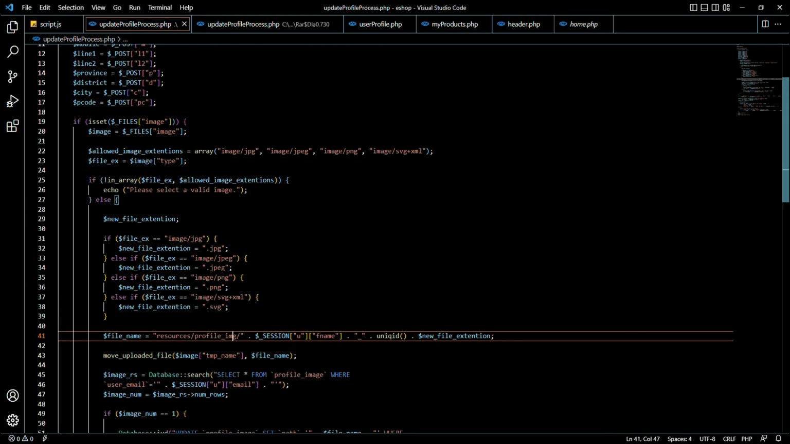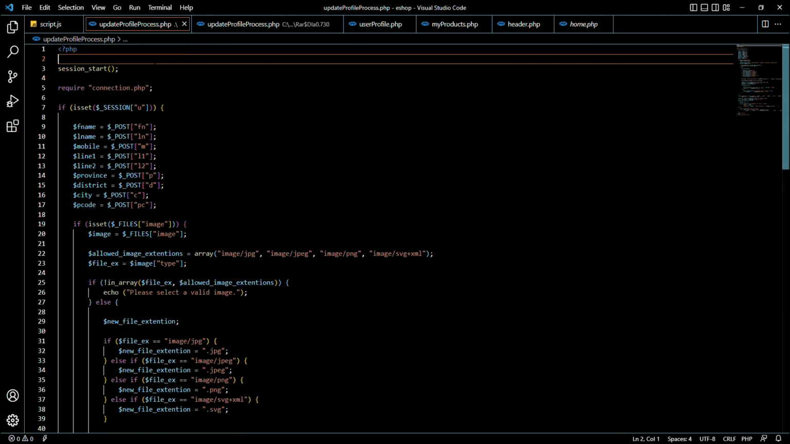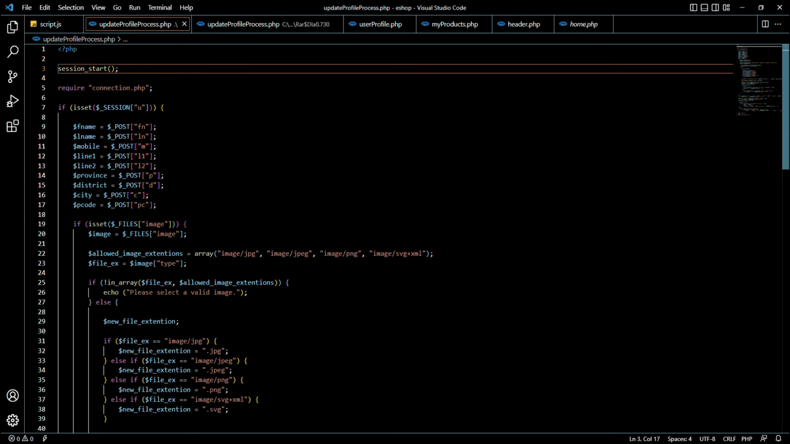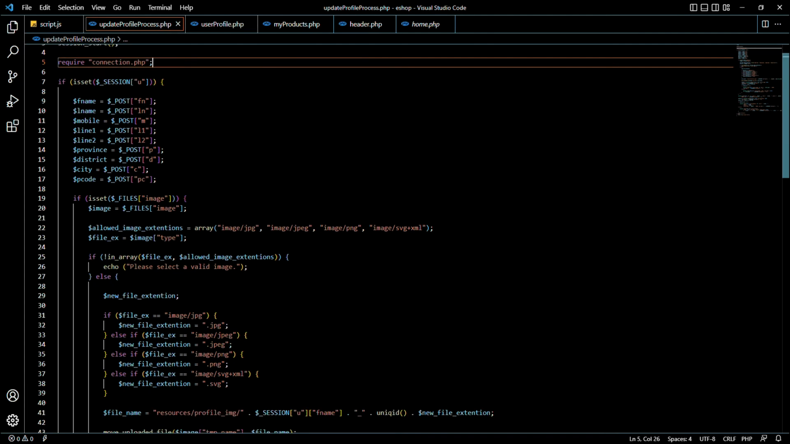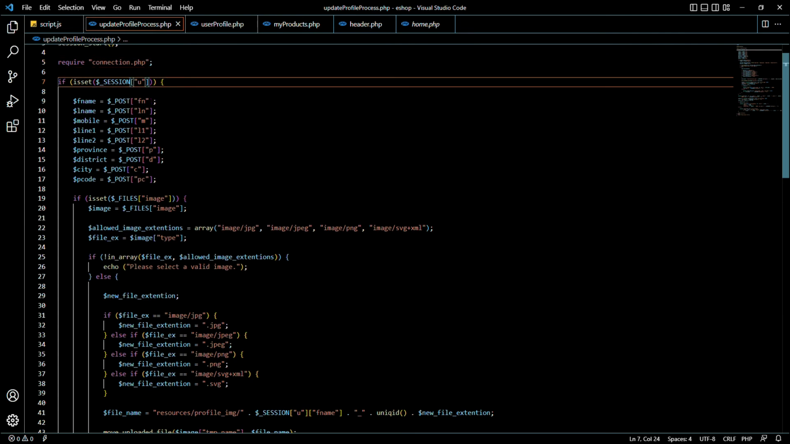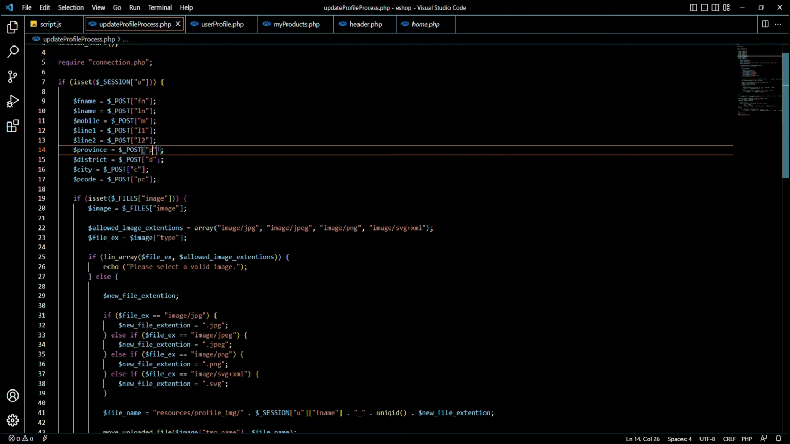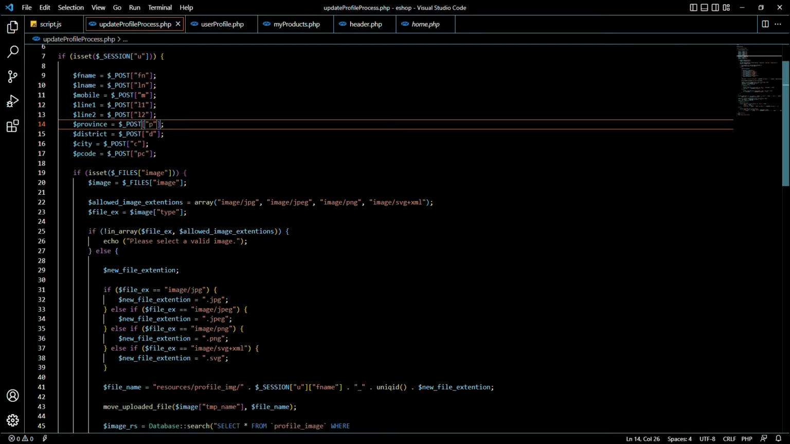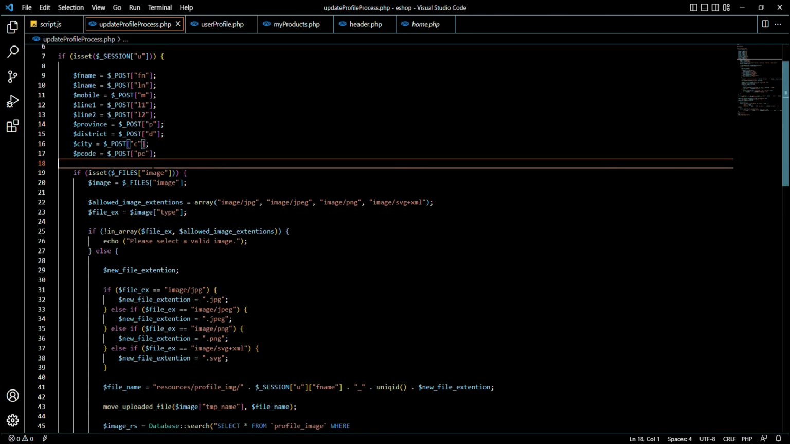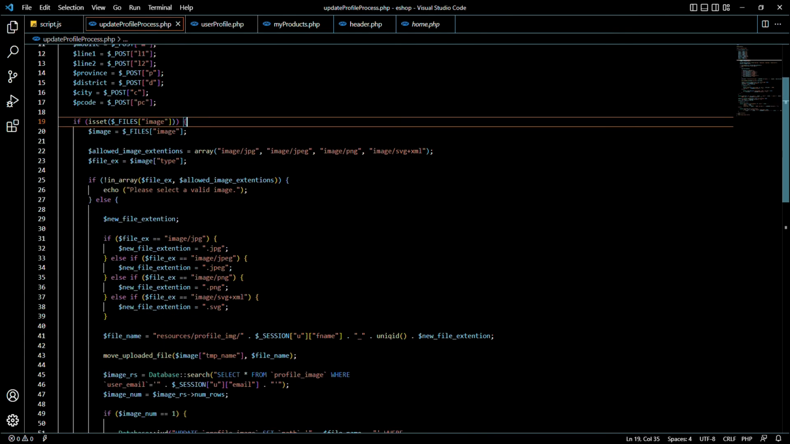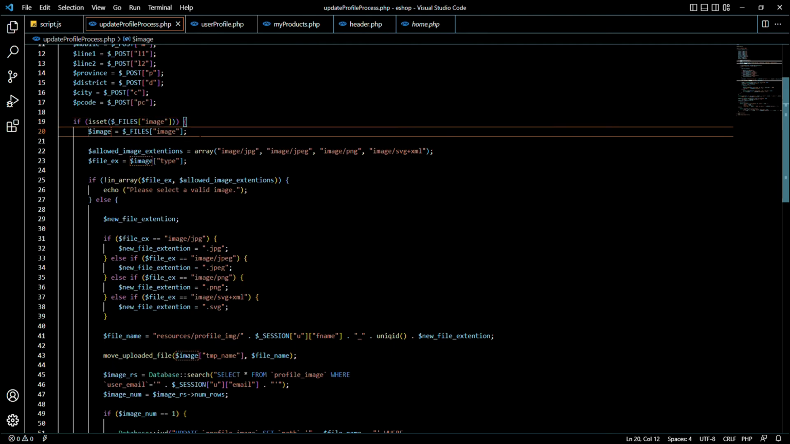So here we have asked for a session to be started, then we have a require connection, then we have our username, our first name, our last name, mobile, line 1, line 2, post, province, district, city, and postal code. All those are added correctly, and we said that if it's set the file image, then image is equal to